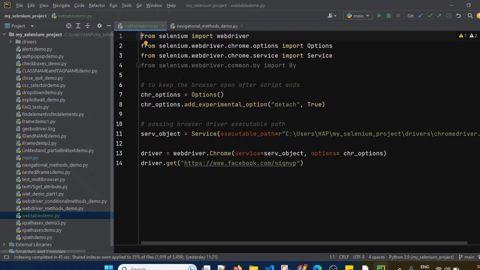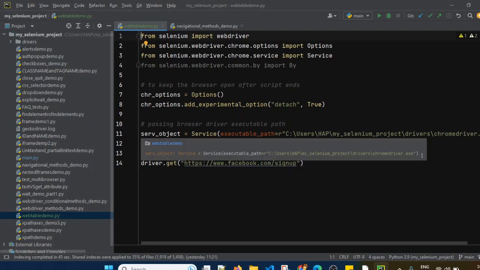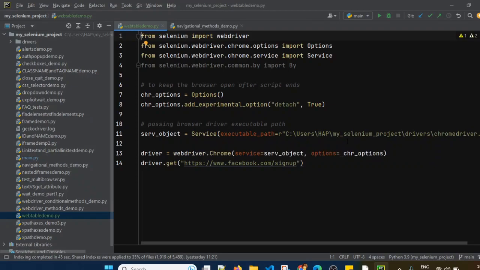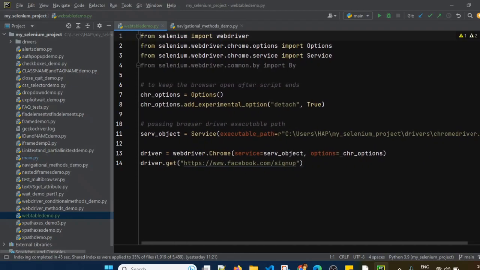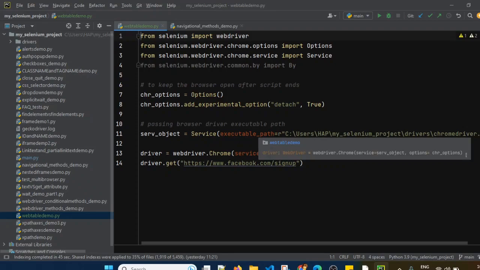If you don't pass these Chrome options while creating the driver instance, the browser will automatically close. Then we have created a service class object, in which we are passing the executable path of our browser driver, that is Chrome driver, and we are passing this service object while creating the driver instance.